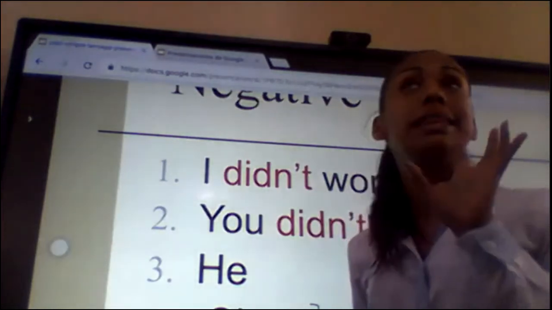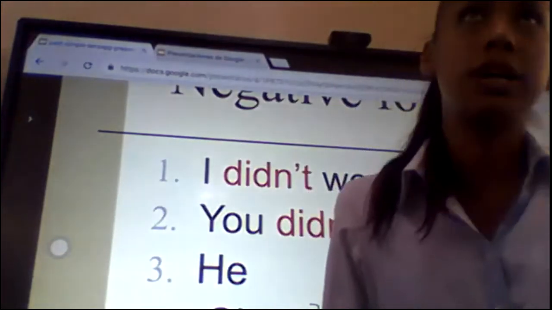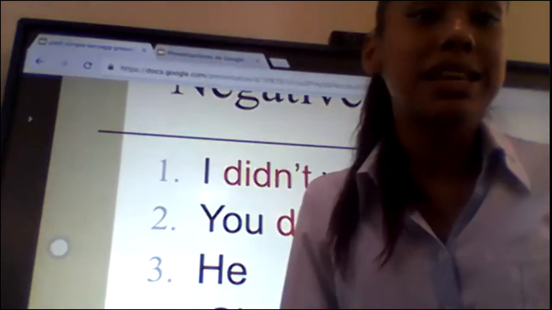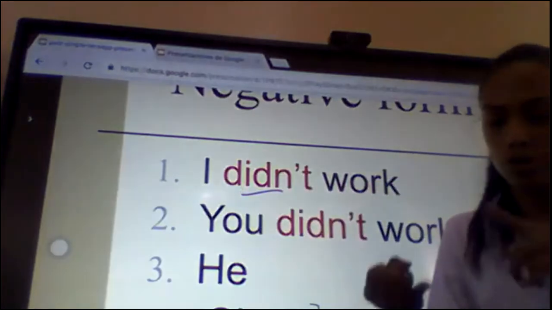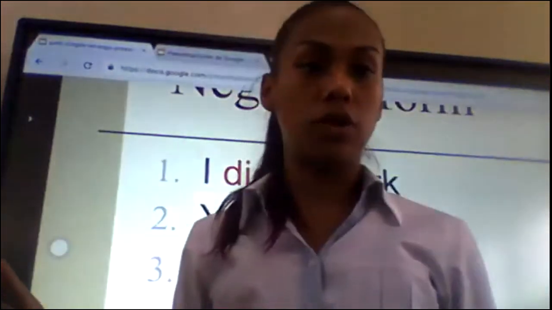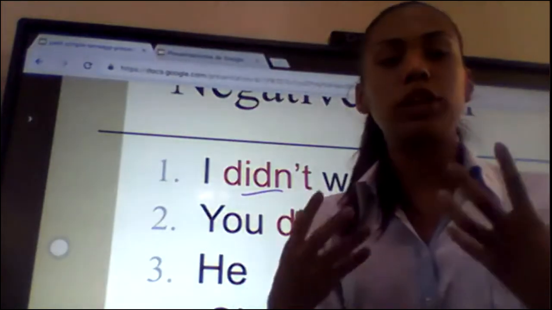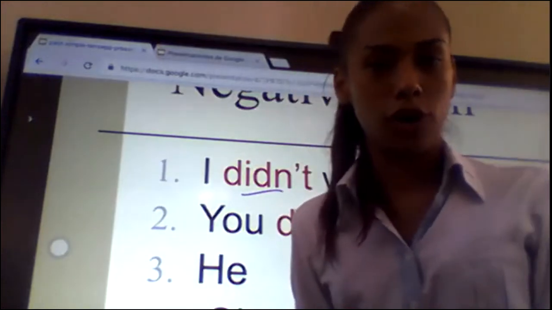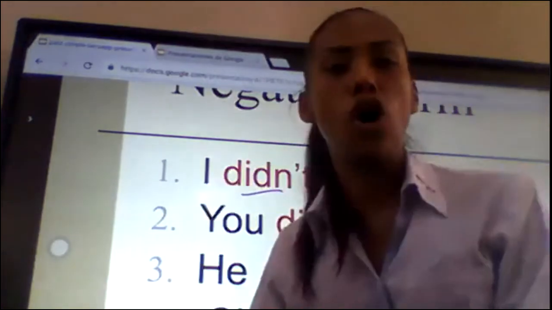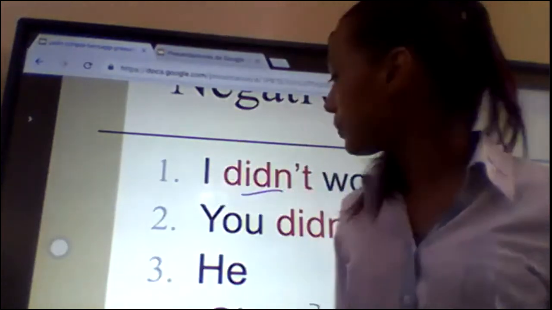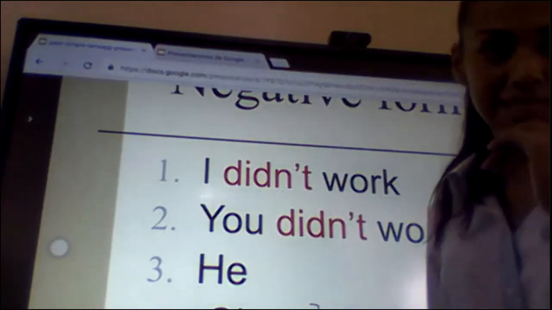The good thing about this past tense is that when we are in present tense, we need to use do or does, depending on the person. In this case, it's the same for everybody. Did para todos. I, you, he, she, it, or any other. It's only did. So every time we need to present a negative form of the past tense, we are going to include did not for everyone. Okay, so there's no way to confuse this. Okay,